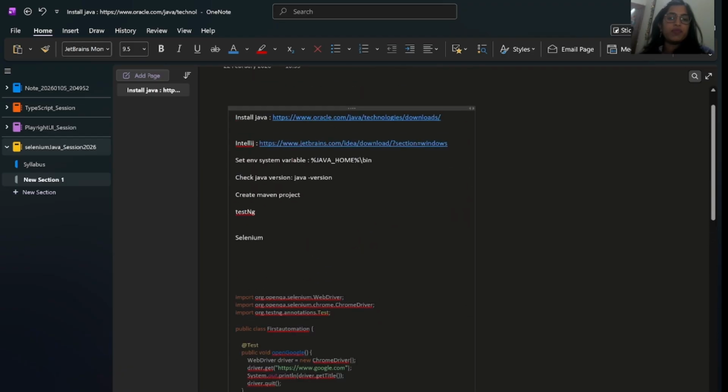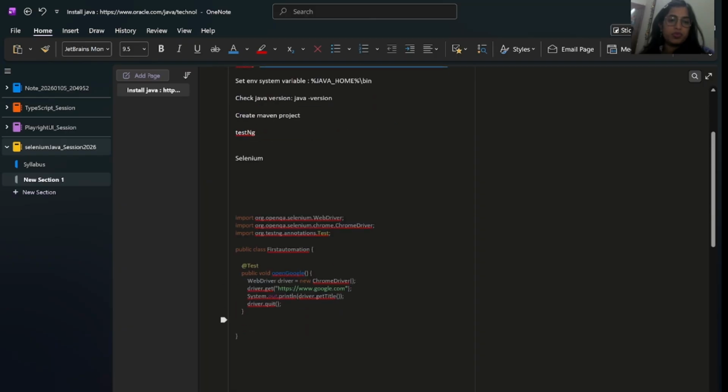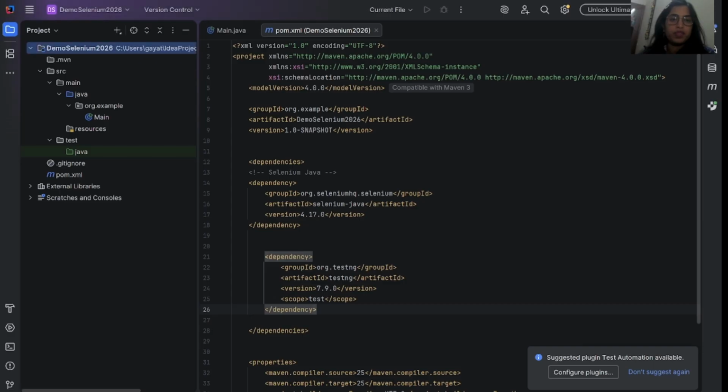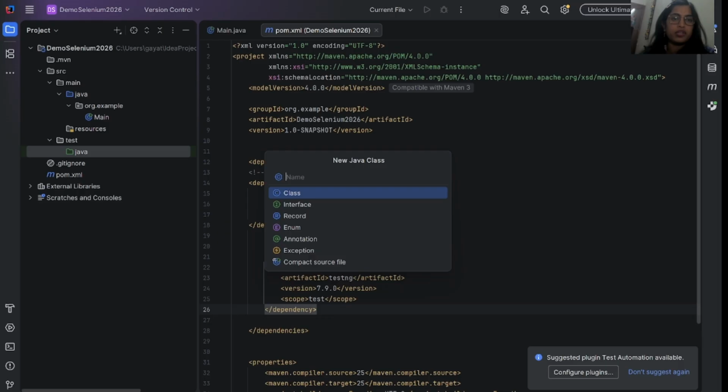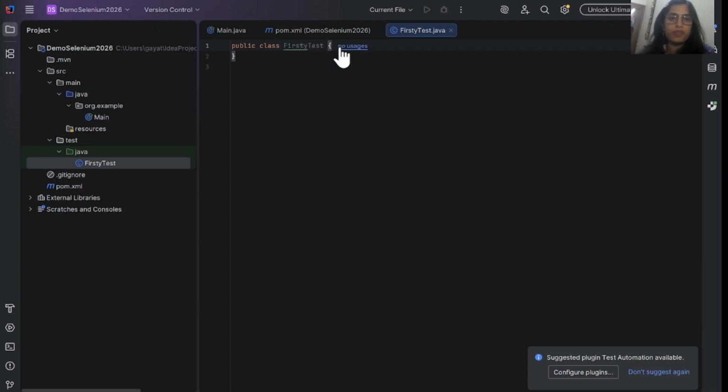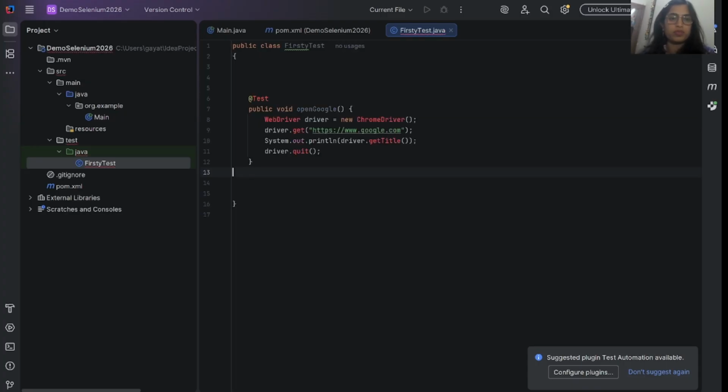Now let's write our first test script. I have already written it here. This is your Java. You can create a new class inside the test folder, like FirstTest. Here, this is the annotation of TestNG first of all.